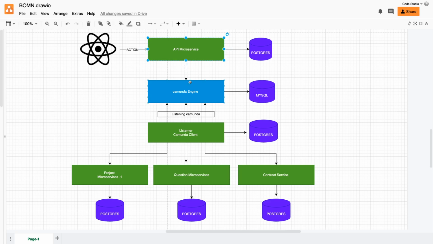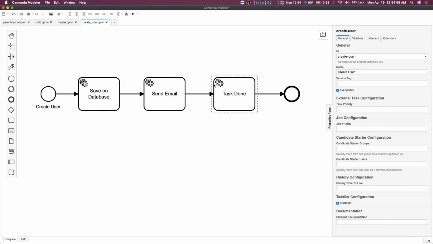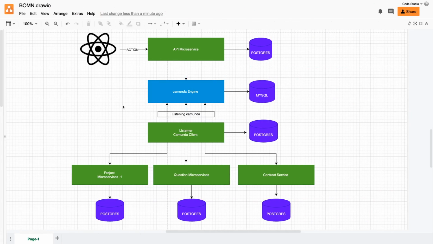So your microservice can send all these POST calls, passing the variables. You just need to name which particular workflow you want to execute, and there is a particular API for it. You can also pass the variables for that, and we will execute it. So you can say, this is the workflow which I have in the Camunda engine, and I will be executing this from this API. I will just say POST. There is a particular API endpoint which you will hit through POST, and it will execute it.